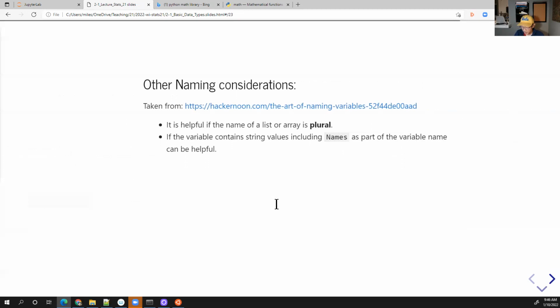Other naming considerations. These are suggestions. These aren't laws. And I'm not a huge stickler. So I guess these are tips, but then you do what you want, right? But they're good habits to form. So if you're going to create a list, the name of the list should be plural to indicate that it contains multiple things. And if the list contains names, it's useful. So for example, if you call it fruit and it's a list of fruit names,